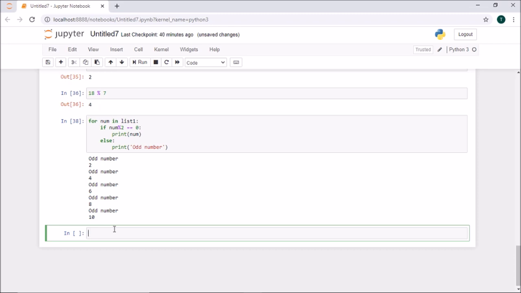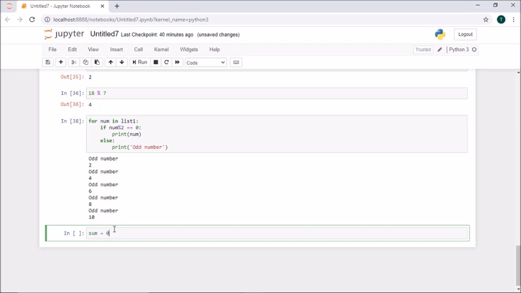Let me assign a value. Let me create a variable called sum and set the initial value of sum to be 0.